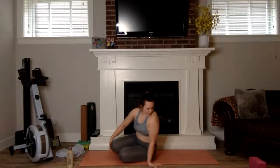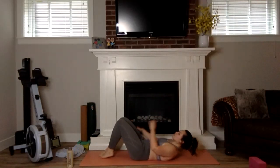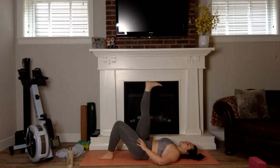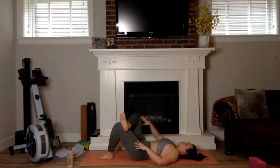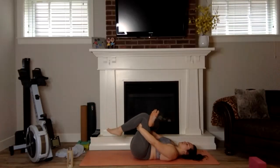So make your way all the way down onto your back. Once you're here, kick the right foot up towards the ceiling and keep the sole of the left foot on the floor. Take the outside of the ankle to the top of the knee. You have 2 options. You can just stay here and gently press the right knee away, or you can interlace your hands behind the left thigh, thread the needle pose, keep the right foot flexed to protect the knee,